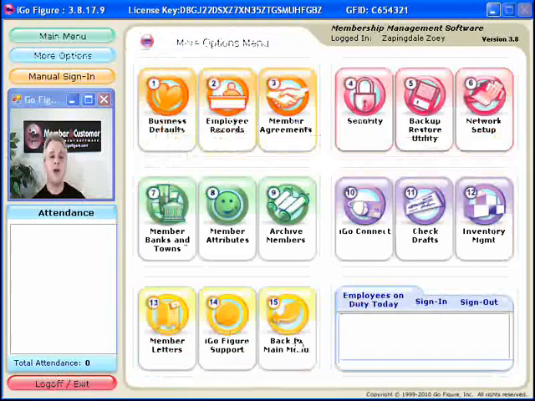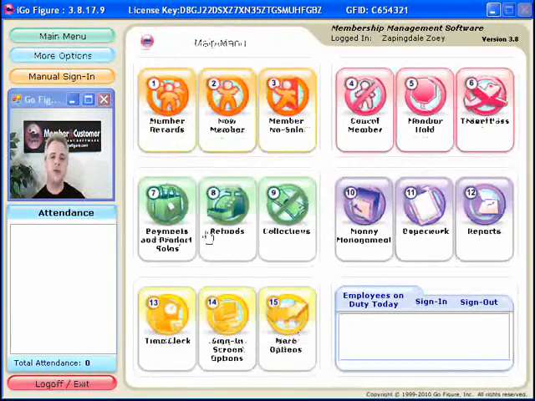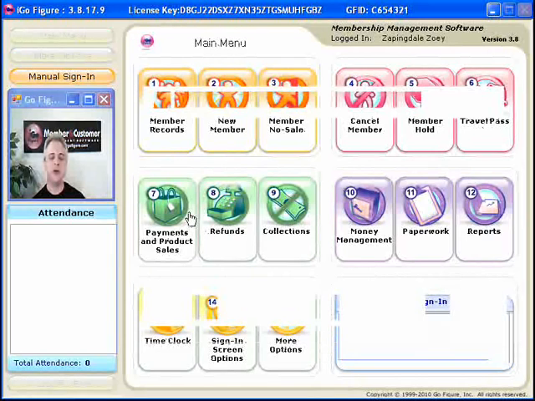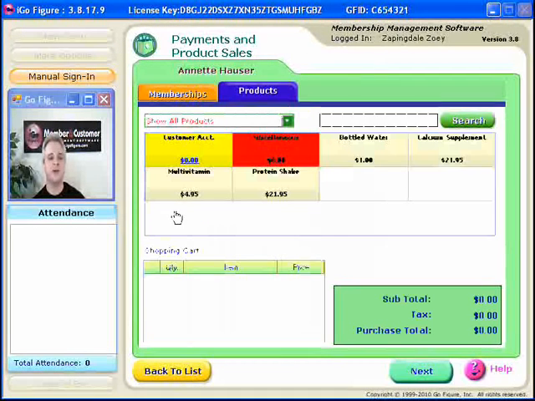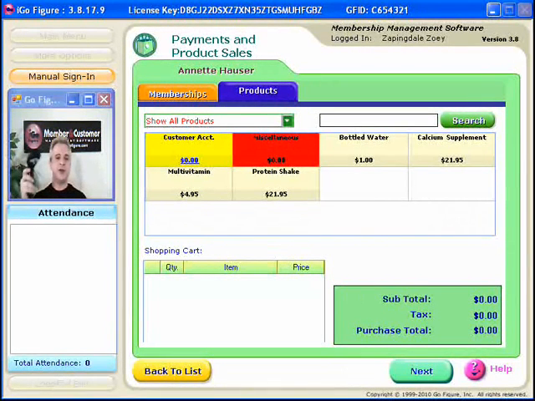Now, the big place where this really helps you, that I'm sure you're wondering about, is when you go to payments and product sales to sell something. So let's say Annette Hauser wants to buy a bottle of water. There it is for $1. We just entered it. I could certainly click here on bottled water, but with our new functionality, again, I can simply take my bottle of water and my barcode scanner, scan the UPC code, and it pops right into the shopping cart. This is so convenient. If somebody walks up